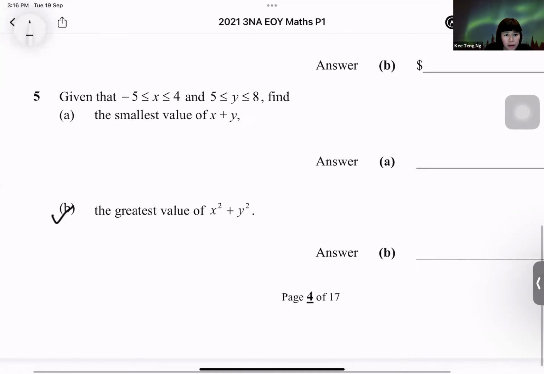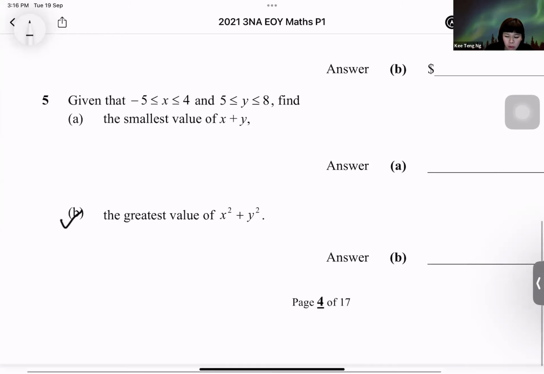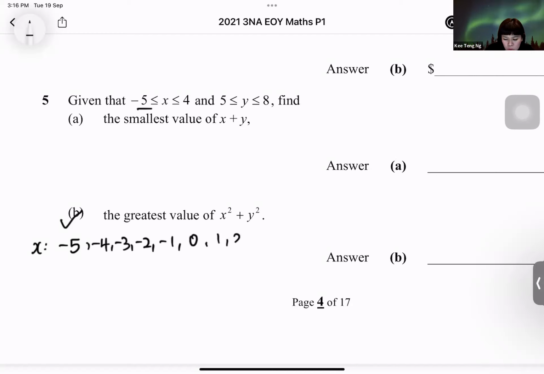Question 5, part A. I want to find the smallest value of x plus y, and x squared plus y squared. Now, I'm going to explain a little bit more about x squared plus y squared. We notice that this x is given from -5, the smallest value, -5, -4, -3, -2, -1, 0, 1, 2, 3, 4. What happens to all these numbers when we become x squared? This is -5 whole thing squared. Negative times negative will become a positive number. So -5 whole thing squared becomes